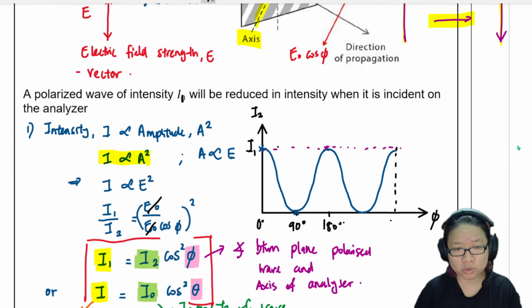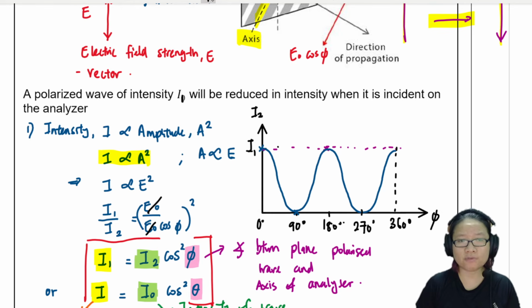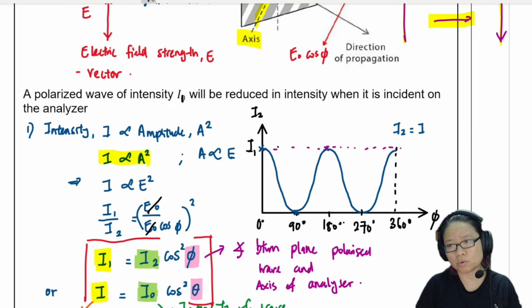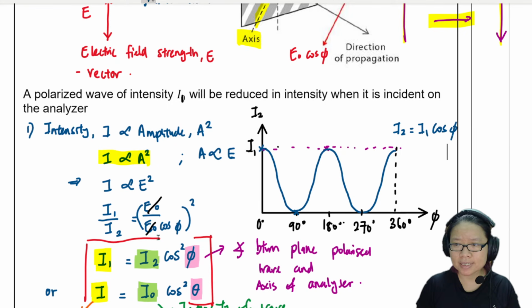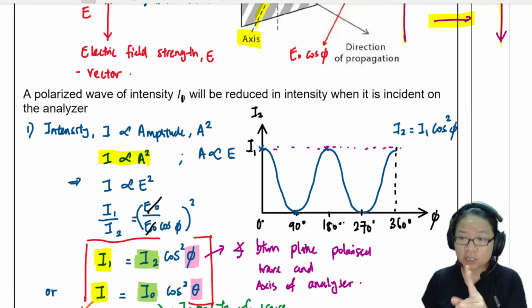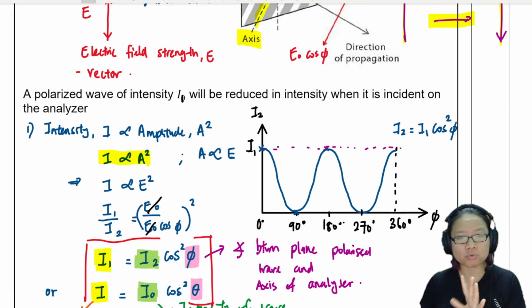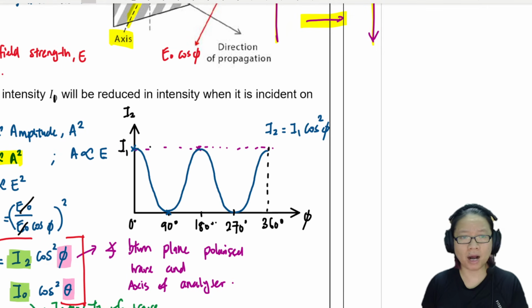Those of you who are doing a bit more maths than normal, maybe you are doing further maths, or maybe you're just doing normal maths, if you know how this graph looks like, the function of this graph is I2 equals I1 cos squared phi. This equation. So this is a cos square. Because of the square, you actually peak 2 times. I'm not really going to go in depth about how this graph looks like, but in a nutshell, if you struggle with sketching graphs,